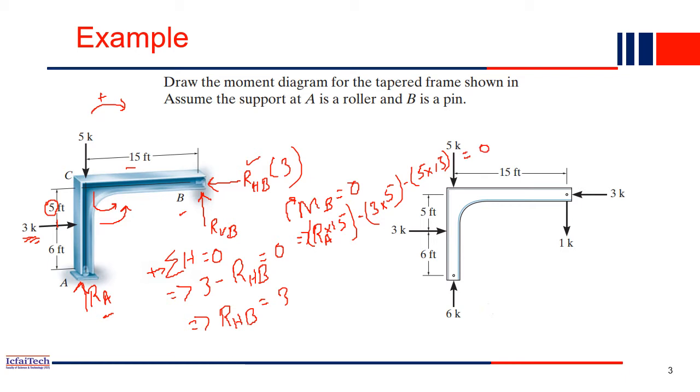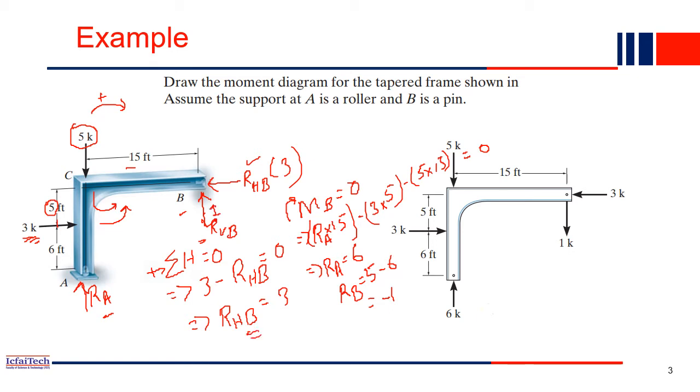From this equation you compute the value of RA. The RA value should come to 90 minus 90 by 15. So it is 6. RA is 6. So what will be RB? RB will be the summation 5 minus 6, right? The total vertical force acting is 5. So 5 minus 6, so RB equals minus 1. That means whatever RB we considered vertically up, it is actually down, and the magnitude is 1. So that's how we computed all the reaction forces.